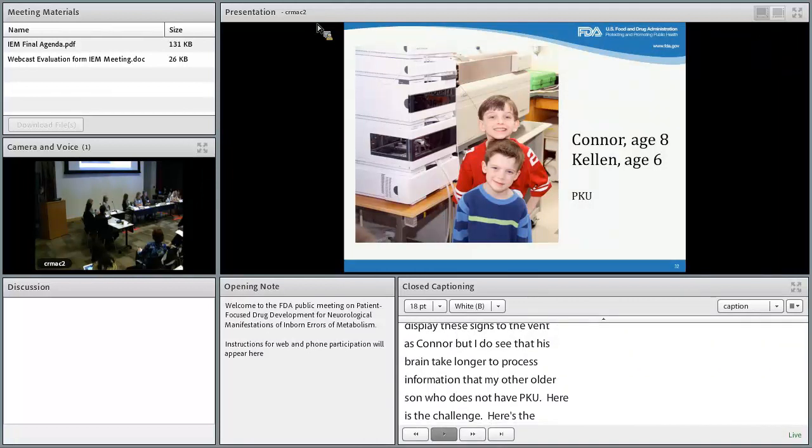And here's the challenge, here's the catch with PKU. To control your Phe levels, to be on diet with medical foods, you have to be very organized and meticulous. You have to weigh and calculate the amount of phenylalanine in every single bite of food you take. You have to record all of this in a journal. Then you have to remember to prepare your formula, use a gram scale, remember to take that formula at least 3 times a day, and possibly take other medication. However, as your Phe levels rise, your ability to track your treatment and the executive function skills that you need to stay on treatment decrease. And so you fail.